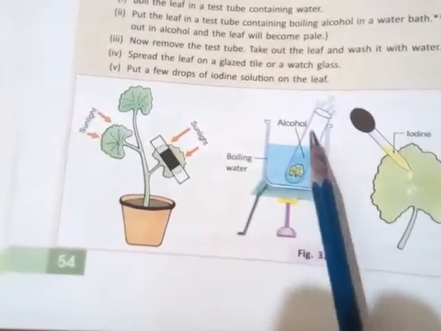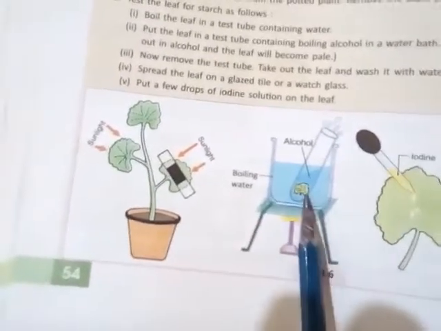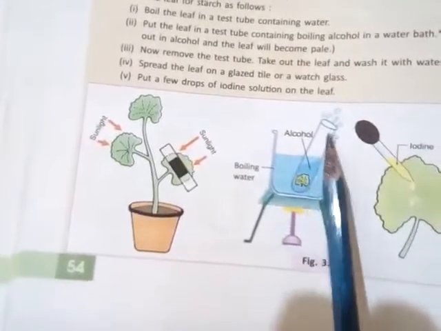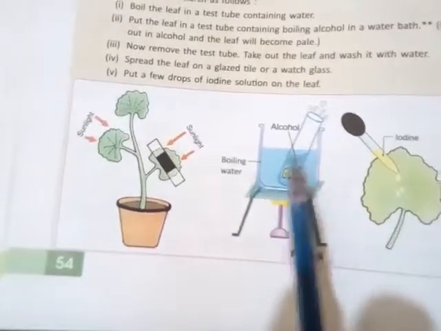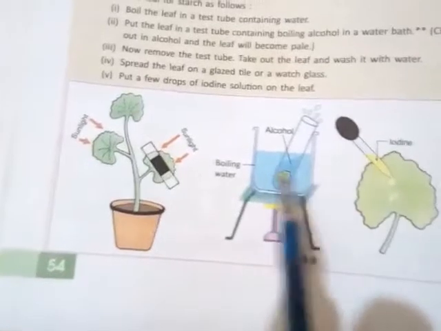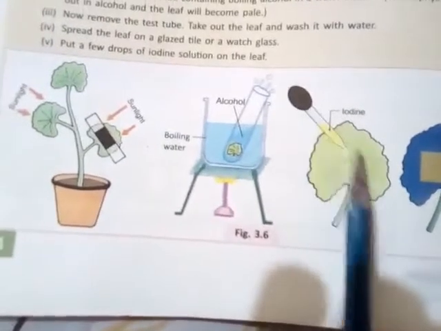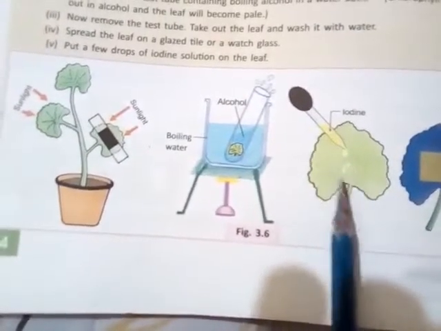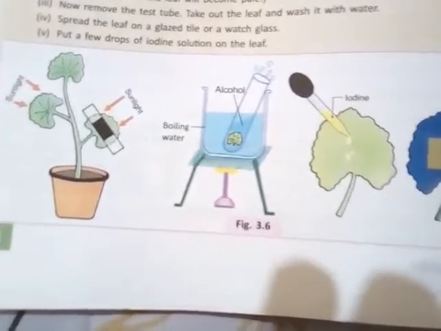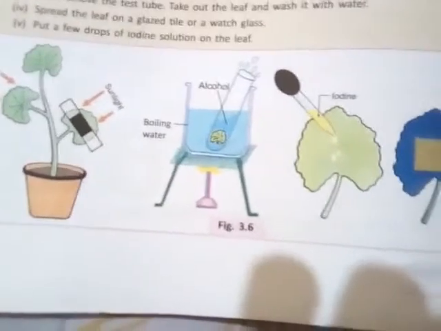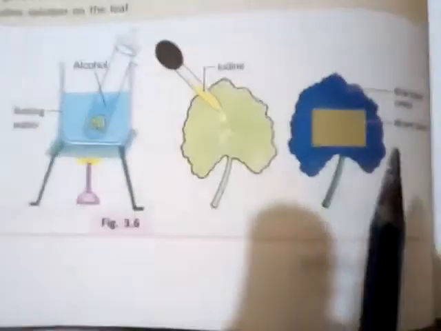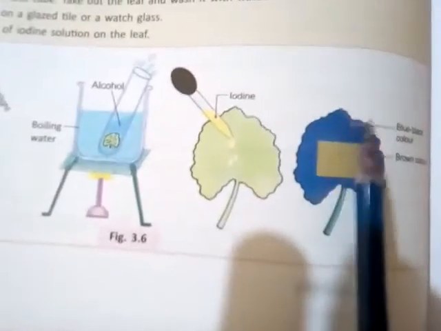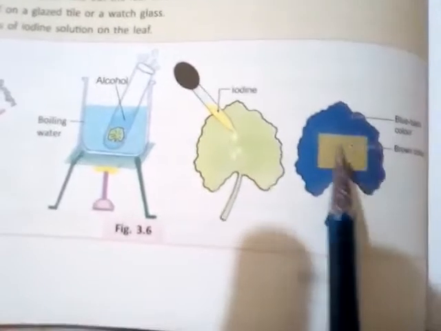We have taken one test tube with a green leaf in it, and some alcohol has been added. Alcohol dissolves the chlorophyll, and the whole starch has been exposed by adding this alcohol, and after that we have tested it. Wherever the iodine spreads over an area with no starch, the iodine-starch test will not respond, and the negative result will come. But in this process, some portions have given positive results and some portions negative results.